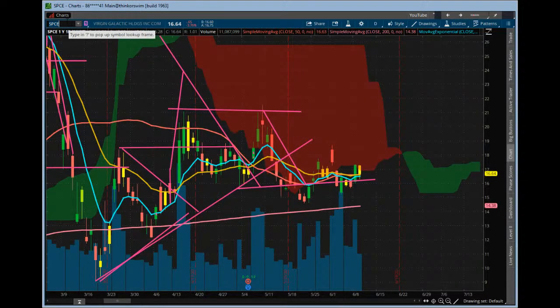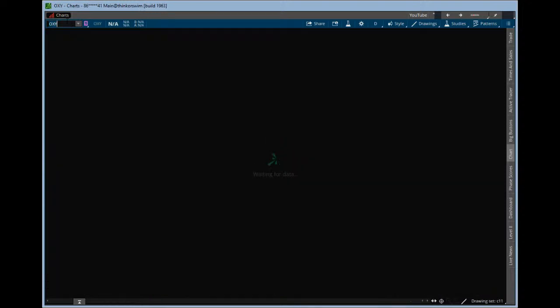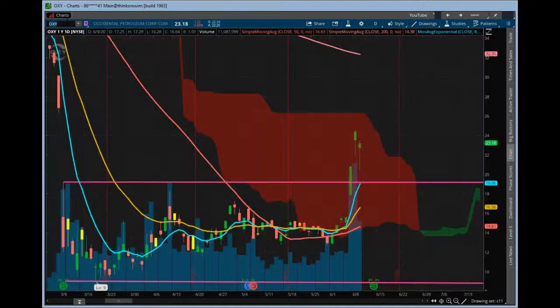Virgin Galactic inside day today on space. So let's see if it holds, stays down a little bit, but see if we can push over that inside day and get back into the cloud. I heard this morning there's a stake out there. A big activist investor is buying it. So let's see if that gets any more action on that one.